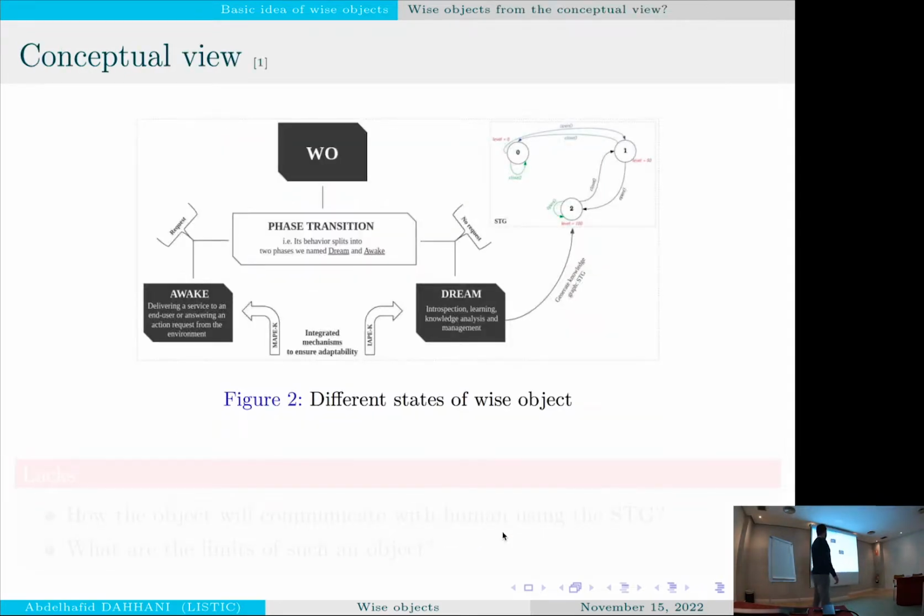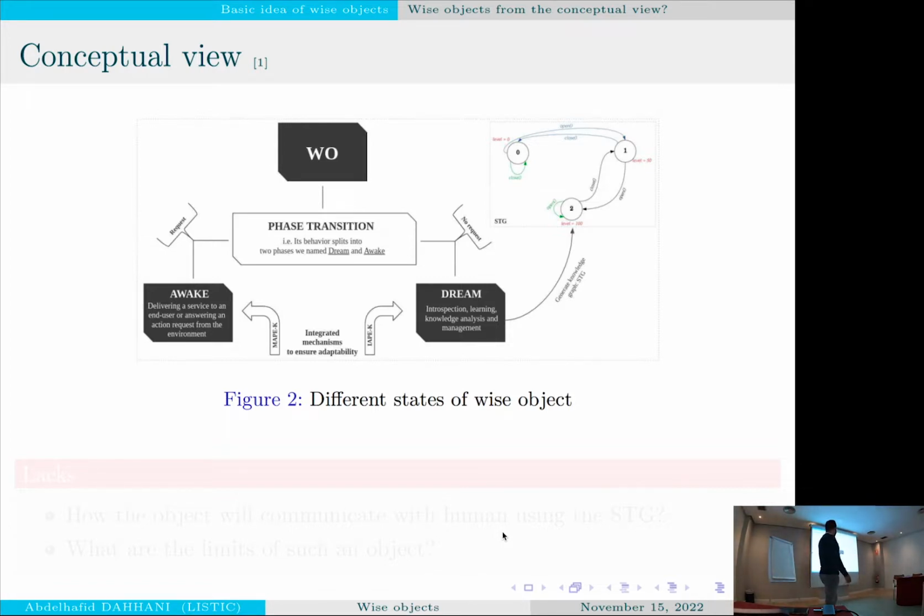Before going further in the presentation, I need to mention that to do all of these abilities, it is based on two states. The first one is the awake state, and the second one is the dream state. In the awake state, the object can answer any request from humans or from another application, like an application that calls another application. This is a request.